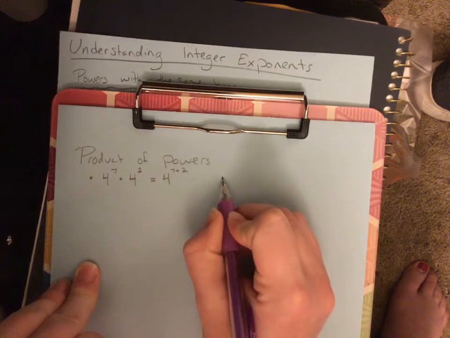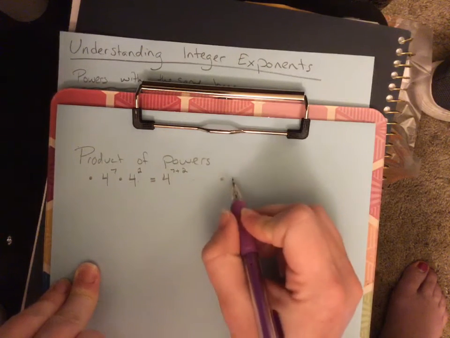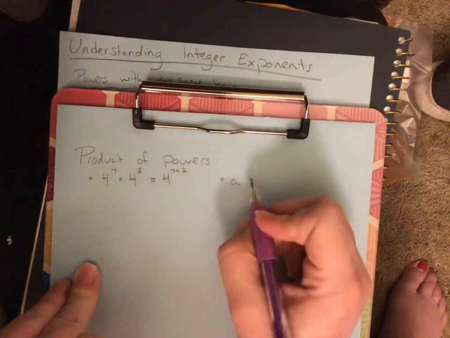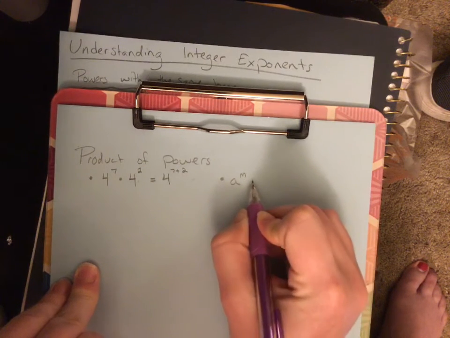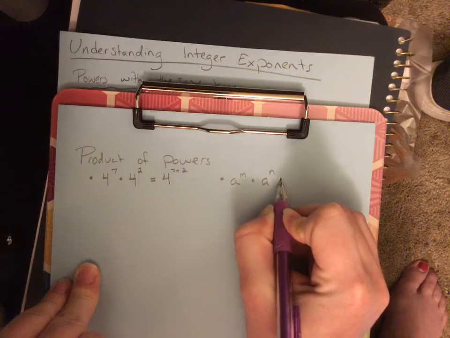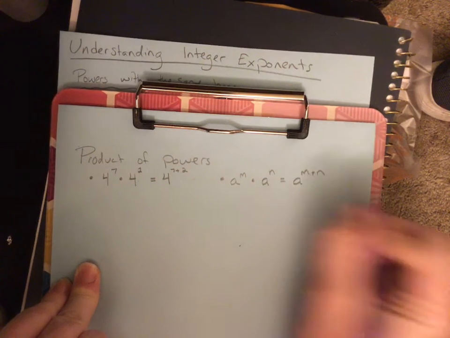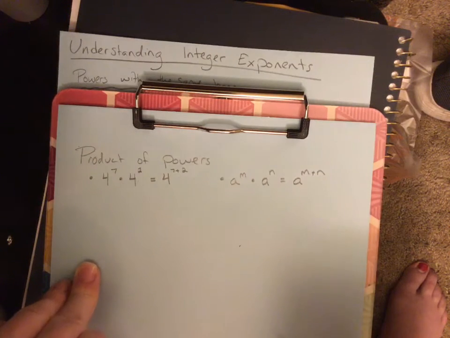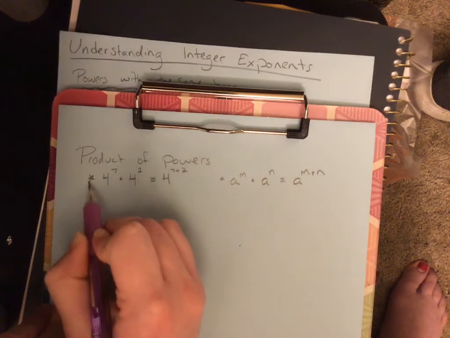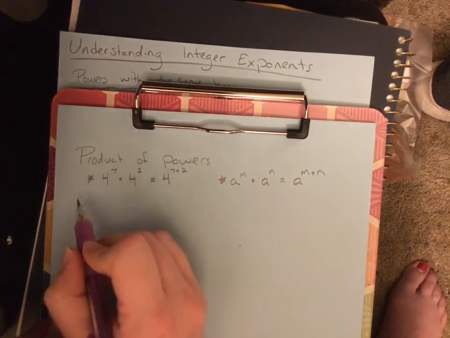All right, and now with letters, this is the way you're going to see it if you Google product of powers rule. It'll be A to the m power times A to the n power equals A to the power of m plus n. All right. Actually, I'll change these to stars so they're not as easy to mix up. All right, now